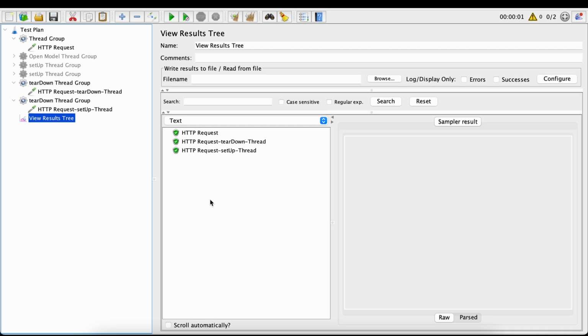See, since we are using a teardown thread group, all the pre and post requisite requests are executed after the normal request. So that's why it is always recommended to use a combination of setup thread group, normal thread groups,